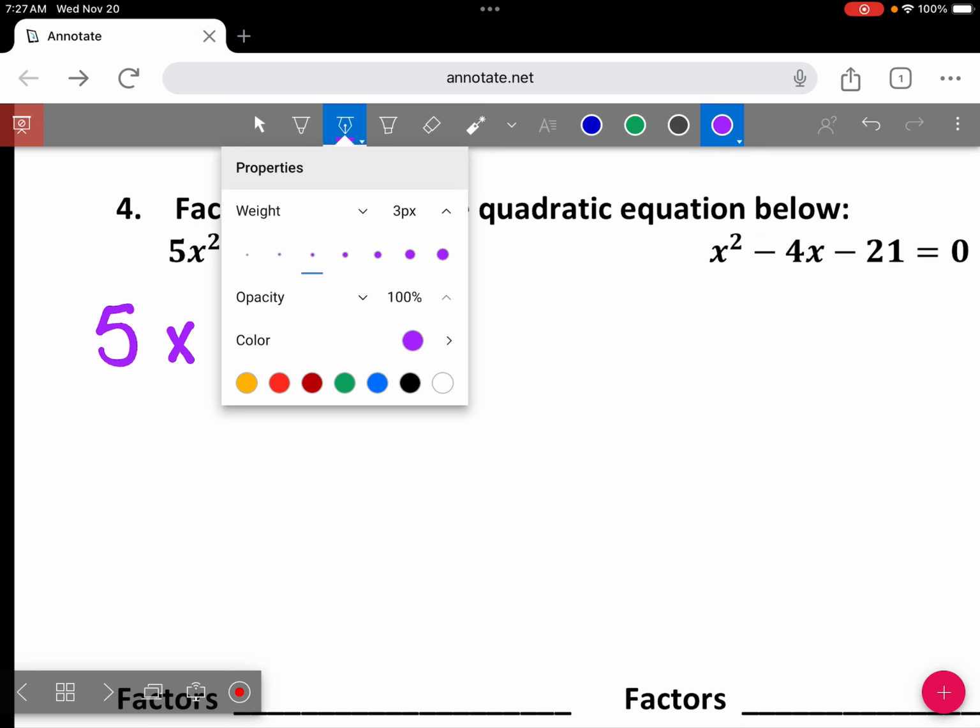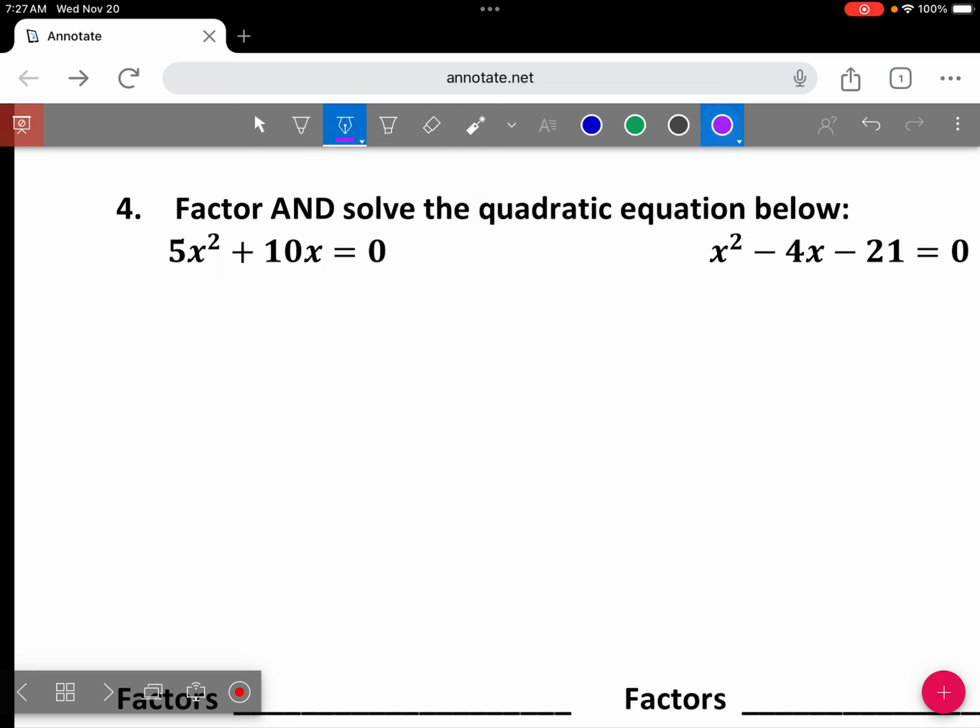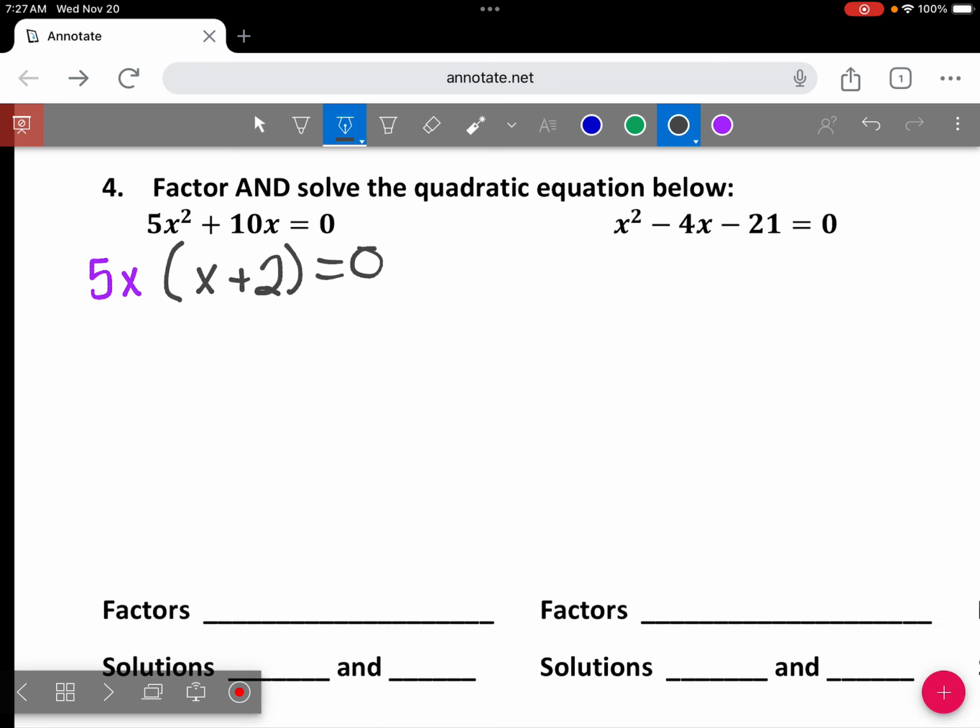Why does this pen look so gigantic? Oh my gosh. I'm going to write that a little bit smaller. So we can actually take out 5 and x on this one. What's that going to leave us with when I take out 5 and x? Is there an x left over here if I take an x out? Oh, no. Is there anything else I can do on this one to factor it? So that's my factored form right there: 5x times x plus 2